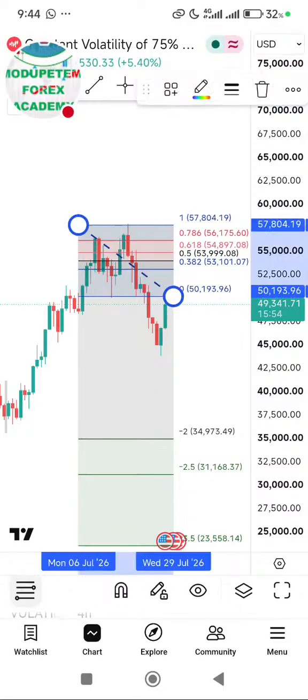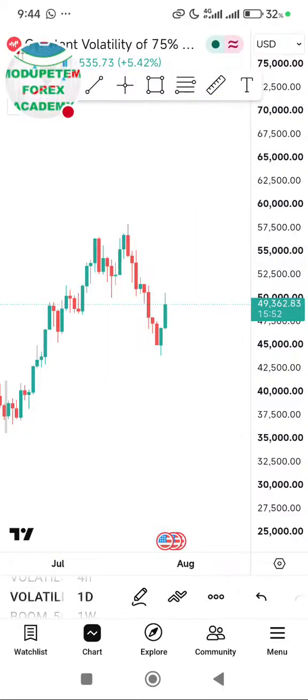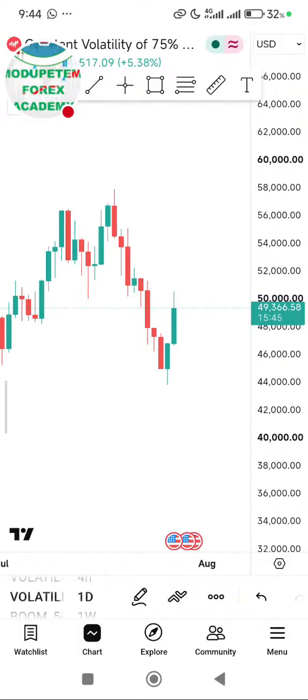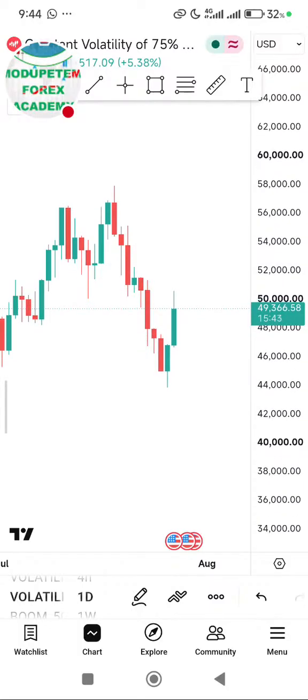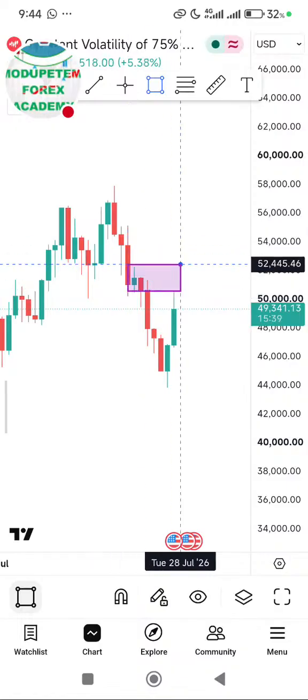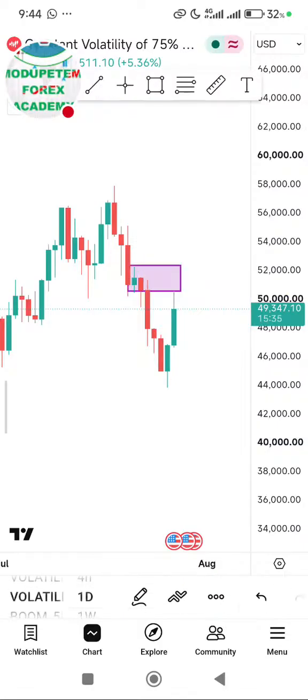So once I ascertain that, in CRT there's another thing we call your key levels. Now the key levels, if you look very well on this particular daily time frame, I have this order block here. So this order block is my key level here. So I expect the uptrend that we are currently in to get to this order block.